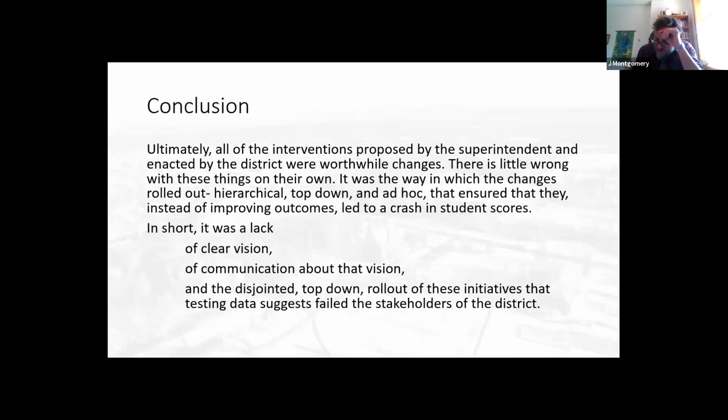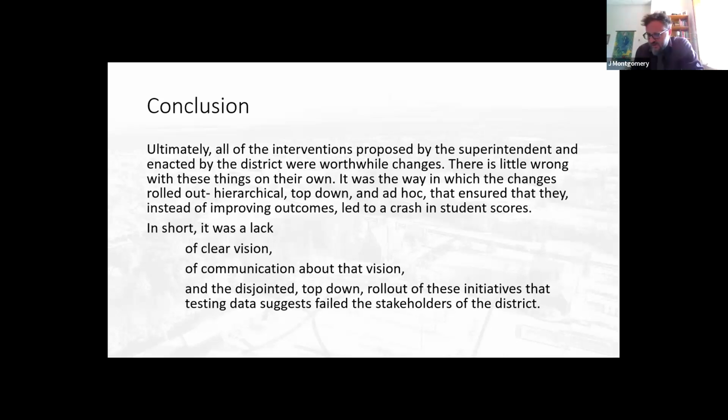the problem really, I think, is that it was in the way that these initiatives were rolled out that led to a drop in teacher confidence, and this likely led to a precipitous drop in student outcomes as measured by standardized tests. The commanding way that these were churned out by district office led teachers to assume district leadership was just throwing things at the wall to see what might stick. Ultimately, nothing did. Staff morale dropped and student outcomes suffered.